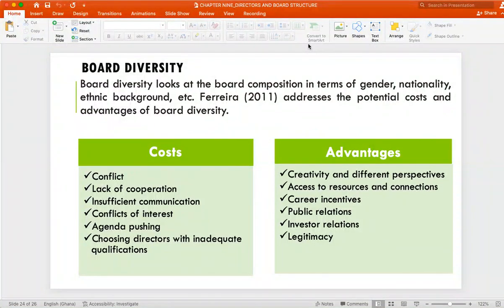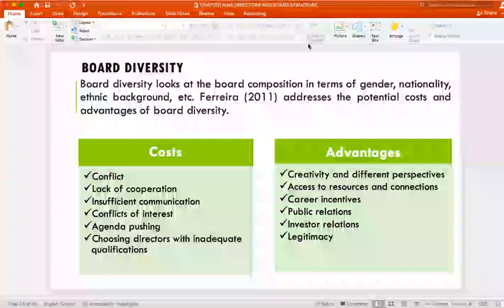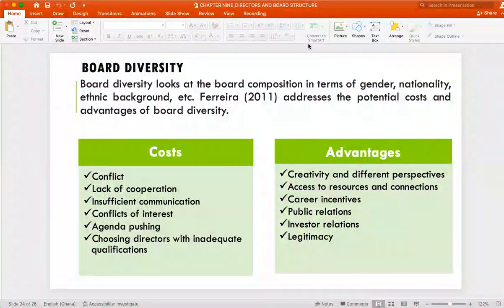From such tribal backgrounds and so on and so forth, all right? So if you bring it to the context of a company, with diverse boards you will be able to access resources, knowledge, and expertise from different people, because your board is not tribalistic or gender biased or something biased. You can tap expertise from different areas, all right?